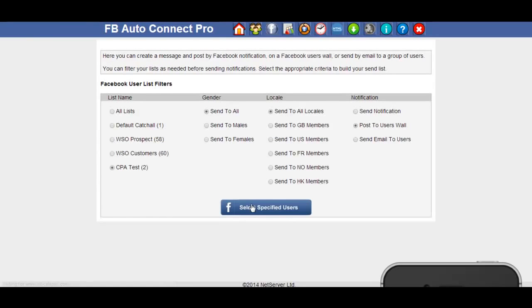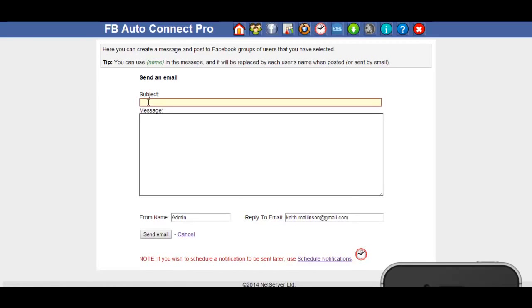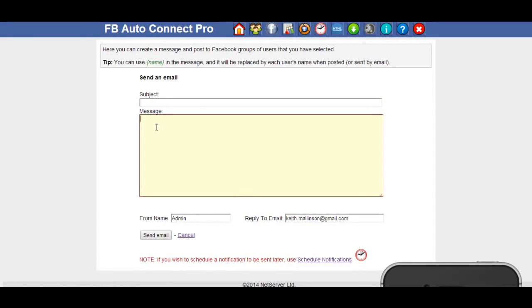If you want to send a message directly to their email account, then again you just choose send email to users, click on the select specific users button at the bottom here. We can use a subject like any email. The message you want to send, you need to add any URLs into the message field that you want people to click on. You can choose the from name. So for example, if you add a weight loss niche, you might put weight loss secrets as the from name. You can choose any email address as the reply to email address, and then click on send email, and that